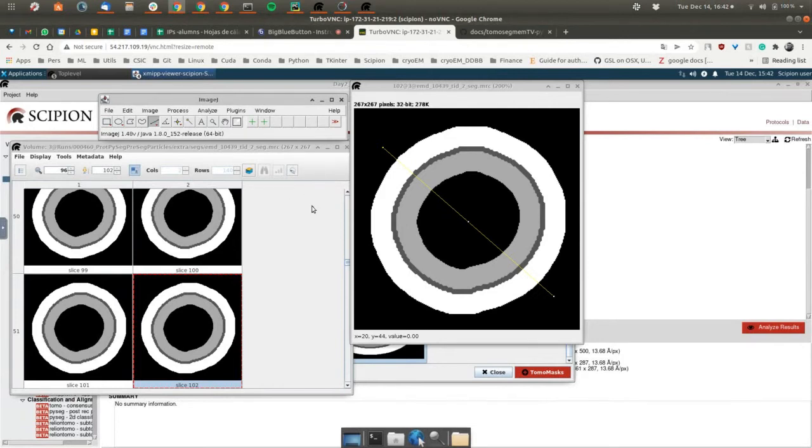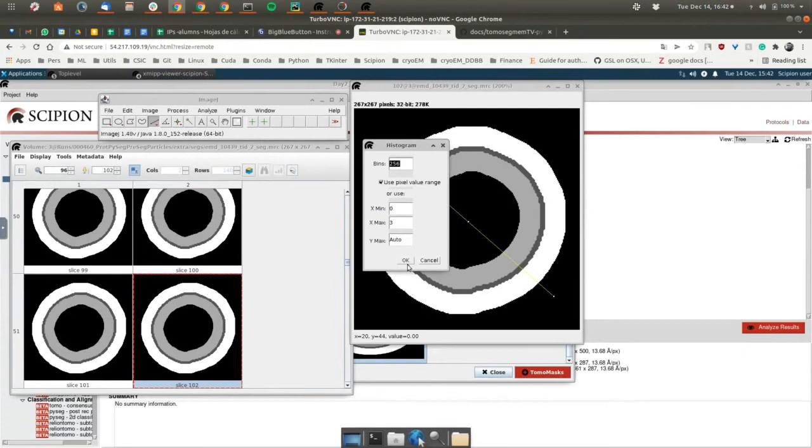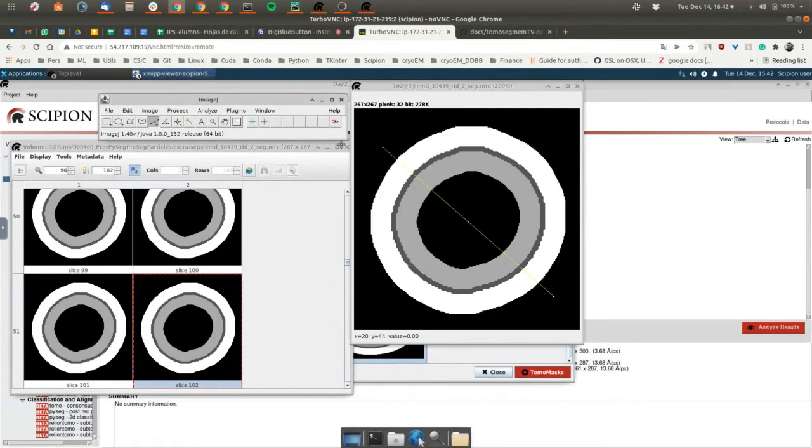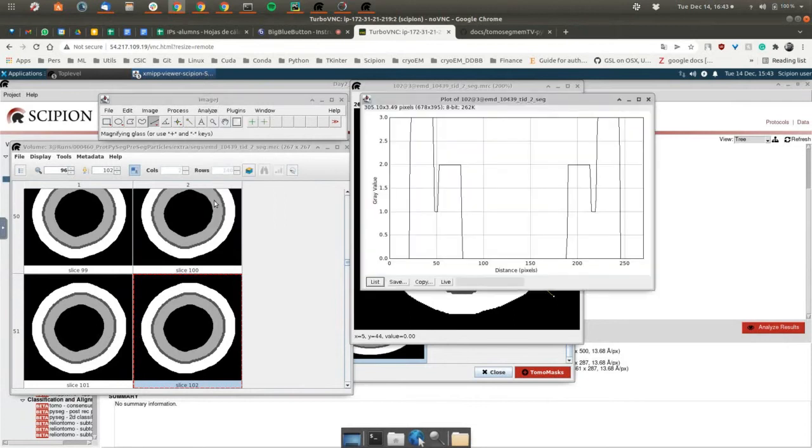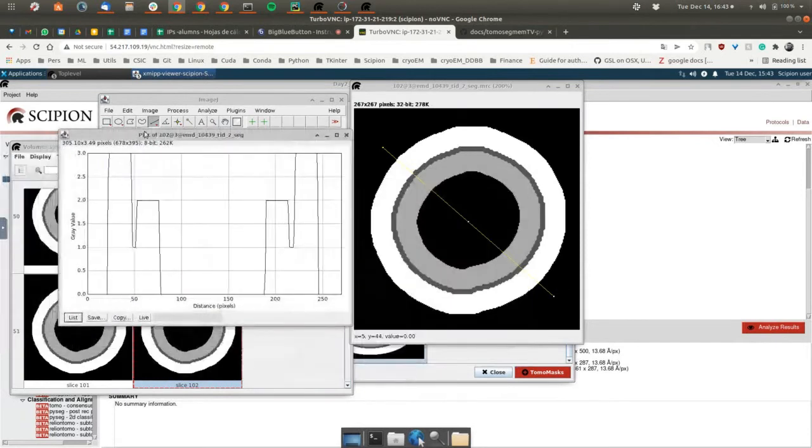Oh yeah, cool. So finally, let's click on Analyze and Histogram. No, sorry, Analyze and Profile. There, Plot Profile. Yeah, this is it. And this way you get the profile representation of this, and you can directly more or less measure the thicknesses here